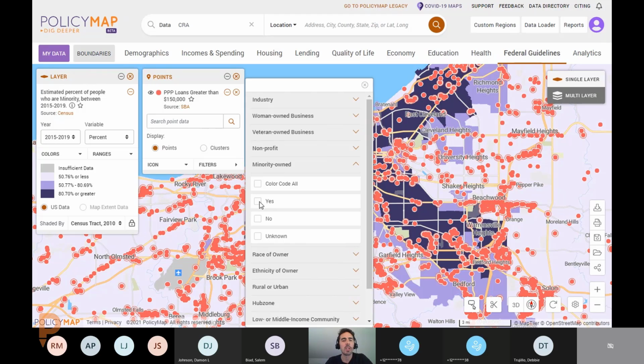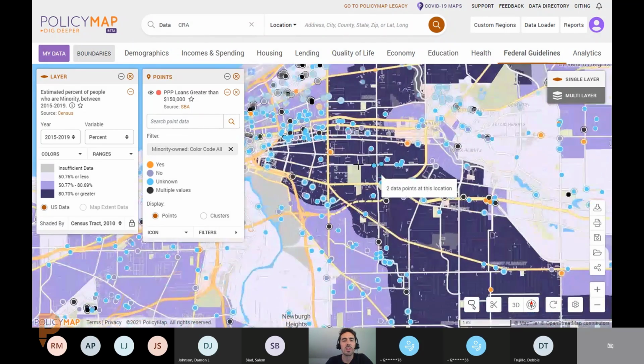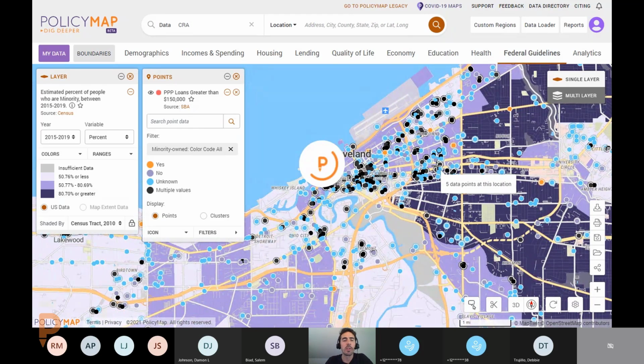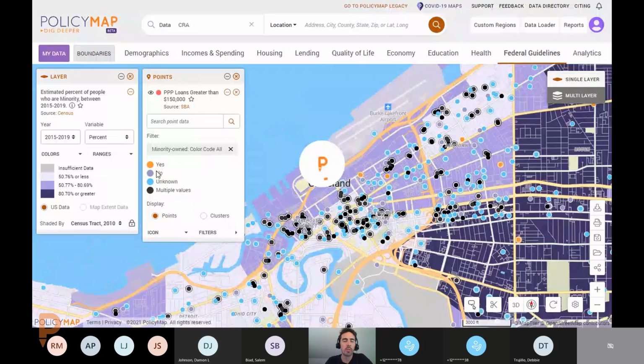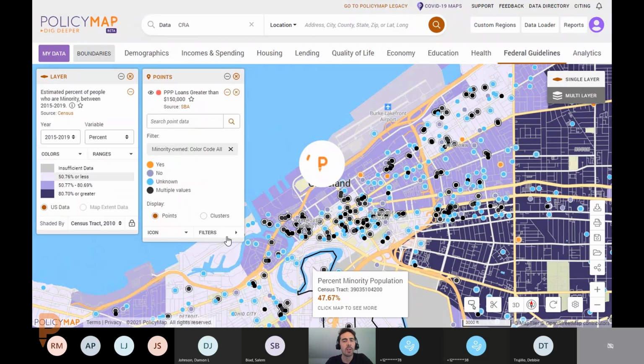So rather than just saying, show me those that are identified as minority owned, you could also keep all the points on the map, but then color code those points to see the different symbology that relates to that filter value. So you'll see there's lots of blue dots, which I was kind of alluding to, lots of unknowns in terms of minority owned businesses, but